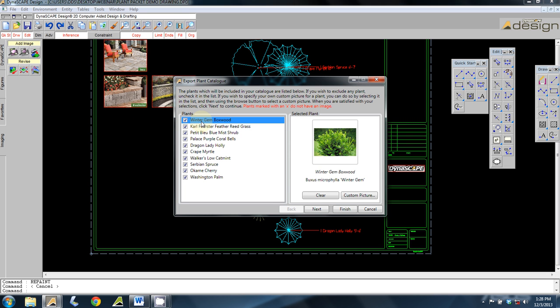One of the most recent updates they did with Design was right here where it says plants marked with an X do not have an image. So if you were to go through these and you see one with an X at the end, it means there's no image for it. Now, these are going to default from